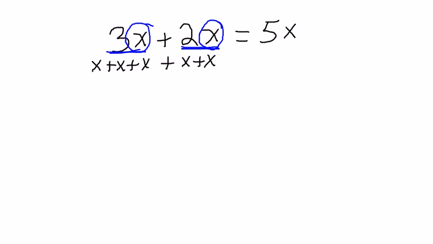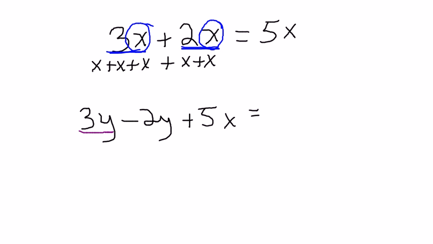Let's take a look at another expression. Okay, 3y minus 2y plus 5x. Let's think about how many y's I have initially. Well, I have 3 y's. And from those 3 y's, I'm going to take away or subtract 2y. So if I have 3 y's and I take away 2 y's, how many do I have left? Well, I have 1 y, or simply just y,